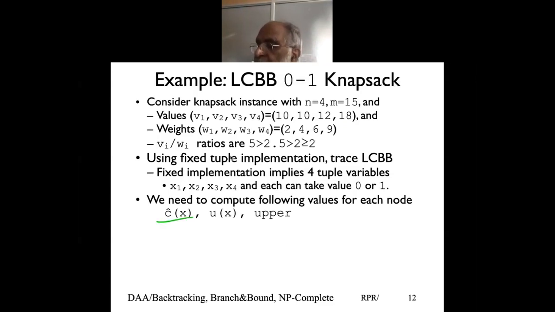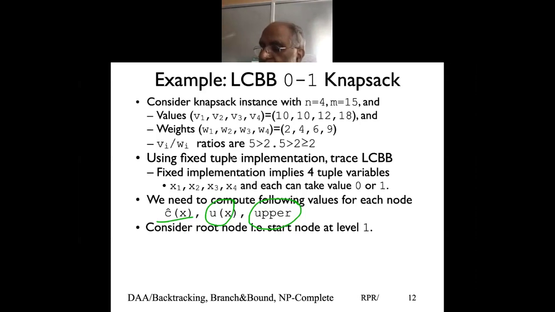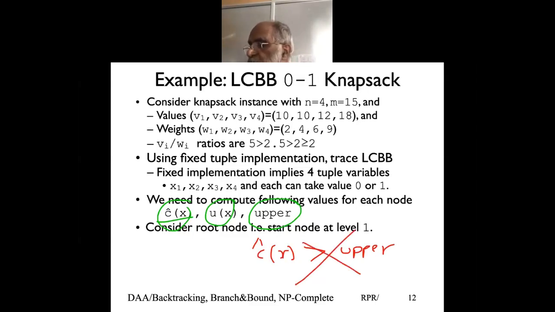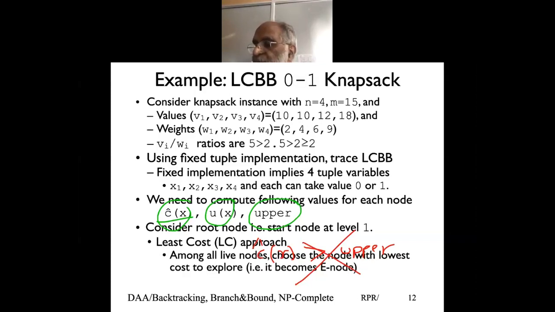We maintain, tree-wise, the lowest upper bound, and what is the upper bound for a given node we can reach. Anytime we find that the estimate we make is greater than the upper bound, that means we don't have to explore that node, and we can discard it. So let's look at how I define my estimated value of Cx.